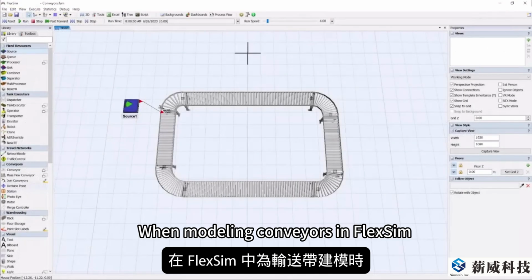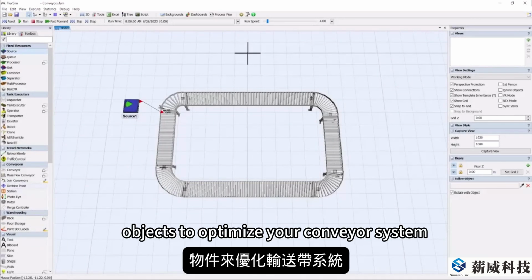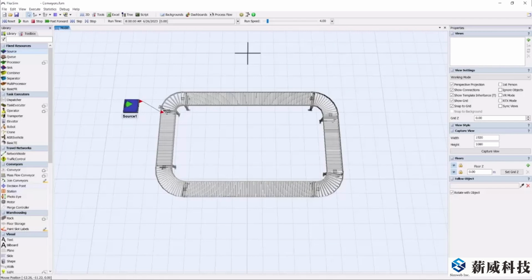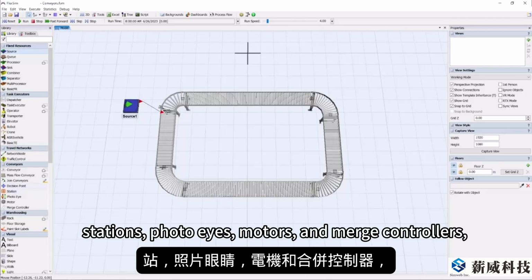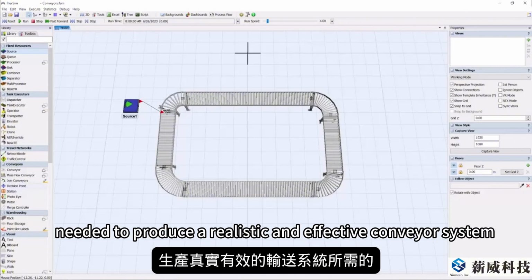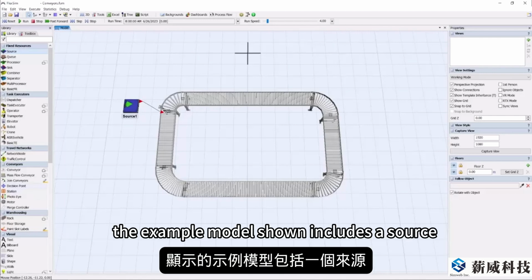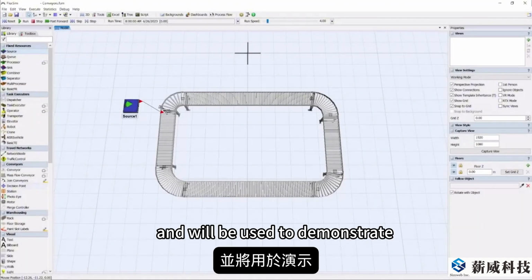When modeling conveyors in FlexSim, you can use the conveyor library objects to optimize your conveyor system. These objects, including decision points, stations, photo eyes, motors, and merge controllers, enable you to build the logic, activities, and processes needed to produce a realistic and effective conveyor system. The example model shown includes a source feeding a standard rectangular conveyor and will be used to demonstrate each of